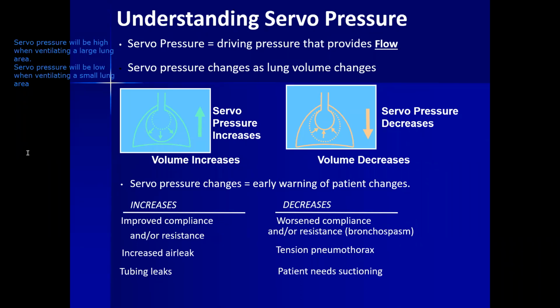So looking at that servo pressure is kind of a clue if something like that happens. If you see the servo pressure go down, it's a sign that something might be blocked and we're not ventilating as much of an area. And it lists